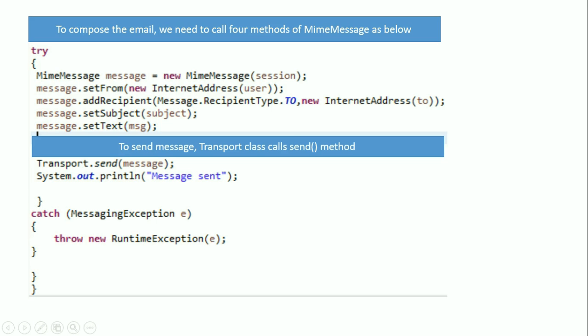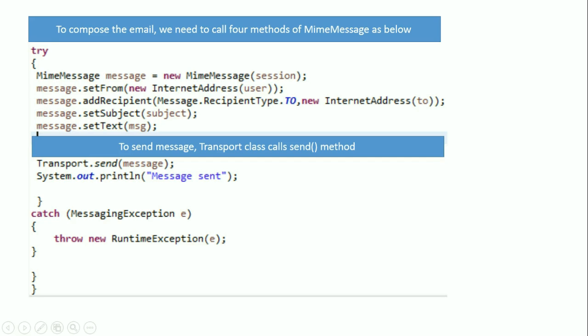First we create my message object and pass the session that I created previously. First, I have created the session. Second, we need to compose the message with four methods: setFrom, where the user's address is passed, addRecipient, setSubject and setText.